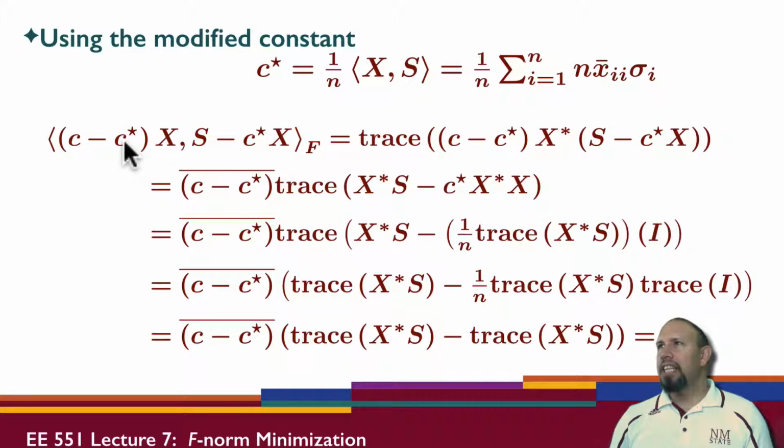So C minus C star. C star is this. So for any C, C minus C star times X, S minus C star times X, Frobenius norm is going to be all of this quantity. So notice this is just a constant, and so this becomes this. Again, because so it becomes this. I can factor out this quantity